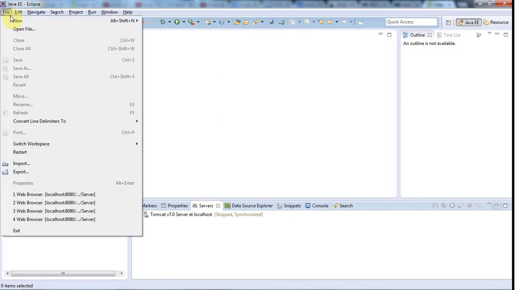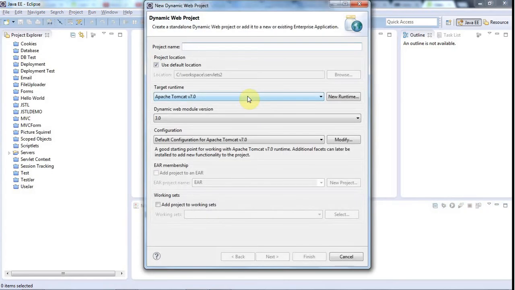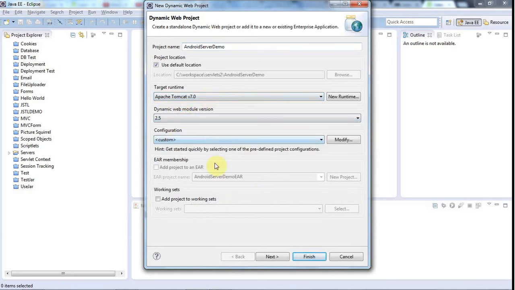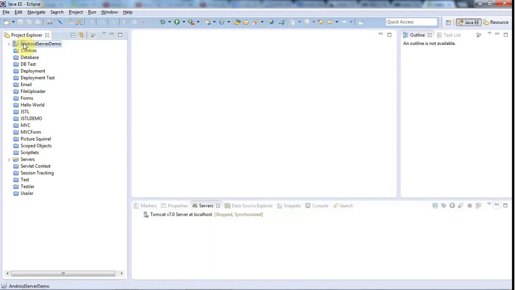I'm going to do File, New here, and I'm going to go to Dynamic Web Project, and you'll only have this option in the Eclipse for Java EE developers. You'll need to download that separately if you've only got the normal Java Eclipse version. I'm going to give this a name like Android Server Demo, let's say, and I'm going to set the dynamic web module version here to 2.5 for reasons that I shan't go into here. I'll click Next, and this all looks good, and Finish. Now I'm going to right click that and go to New,